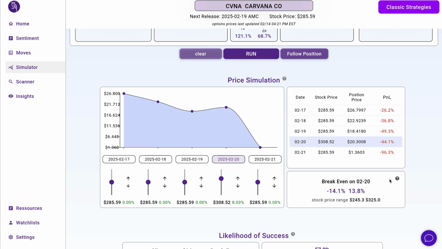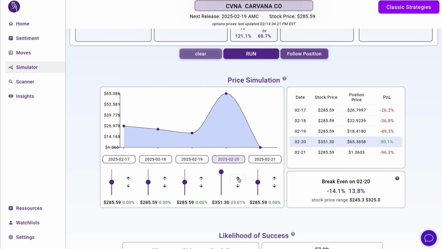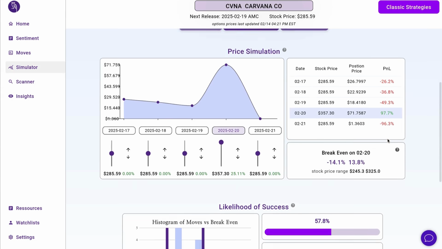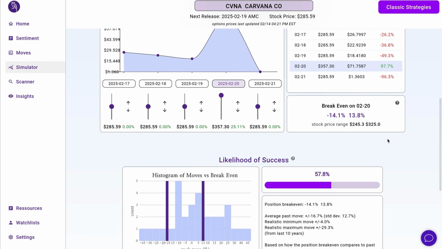So getting into the trade, when we study these past moves, this is what we are exposed to. And then on the other side, let's simulate that 25% move, for example, that we've seen being a realistic big move over the last years. Well, we are looking at a 97%, 100% return. And so directly here we see our risk reward, a 2-to-1, 40% loss for a 97% return. Again, this is a concrete example of how studying these numbers really helps us find the position with which we're comfortable and know what we're getting into.